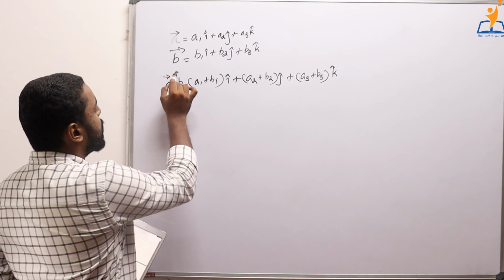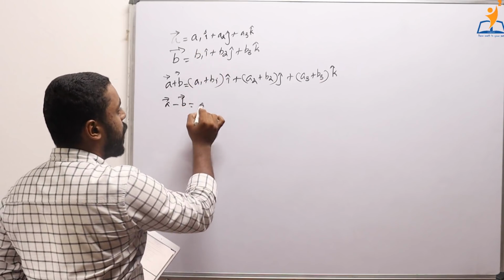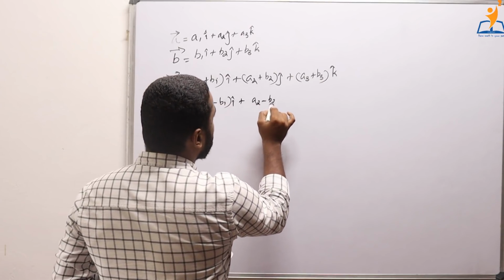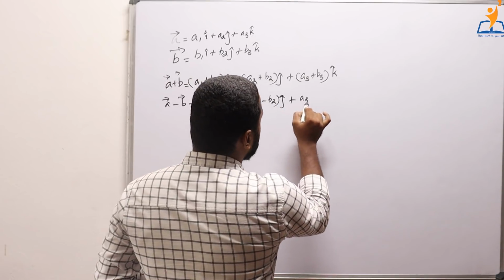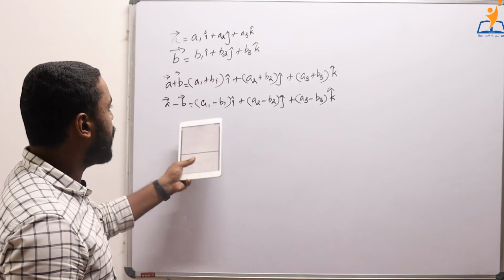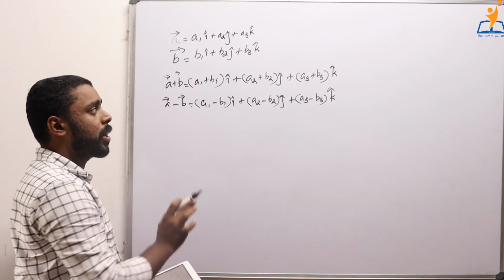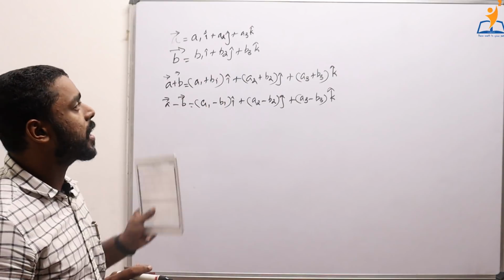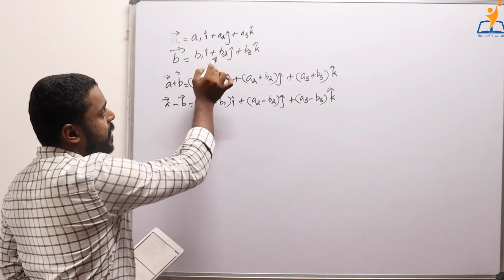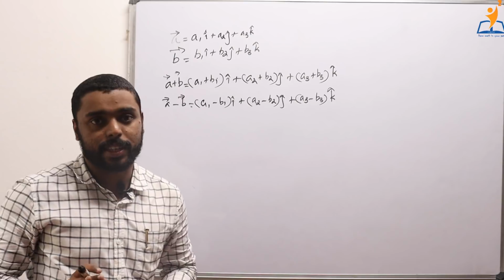Now we have vector a minus vector b, which is the same as (a1 minus b1) into i cap, (a2 minus b2) into j cap, (a3 minus b3) into k cap. Similarly, we can find a minus b by the same method. These two are very simple to remember. So always remember that any vector can be expressed in this form, where the components in the direction of the x-axis, y-axis, and z-axis can be identified by looking at the unit vectors.